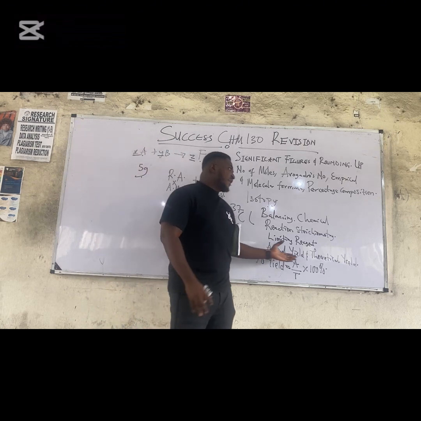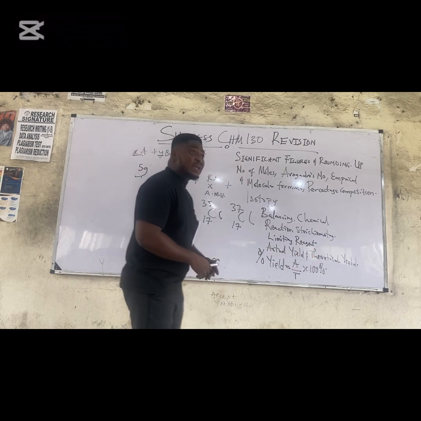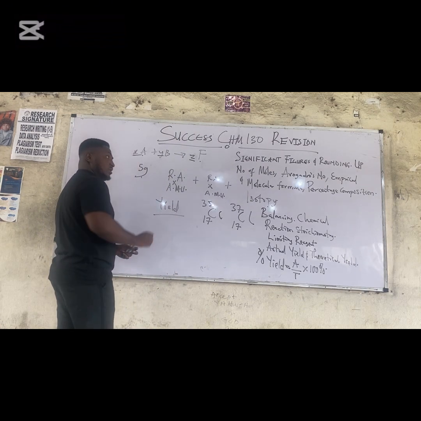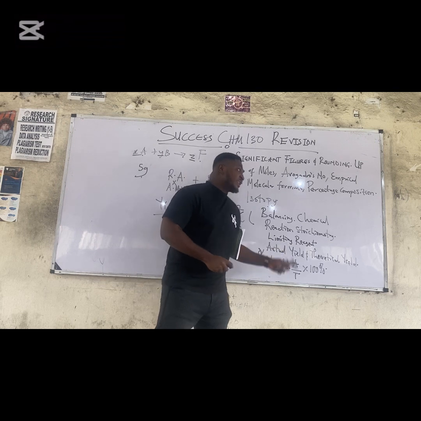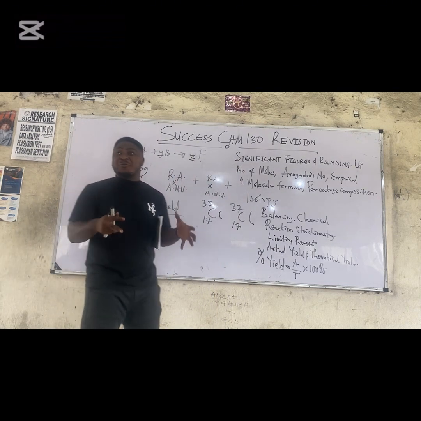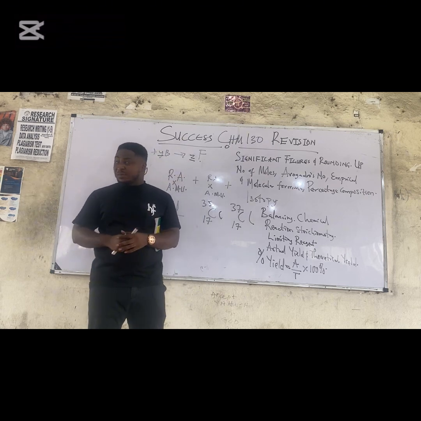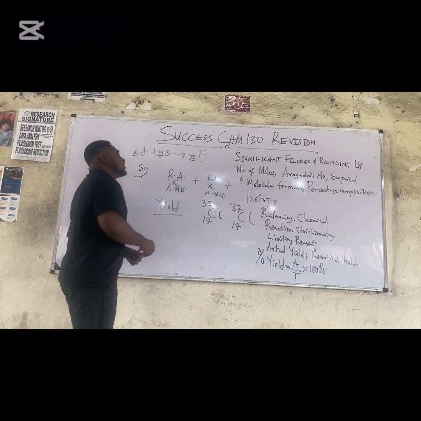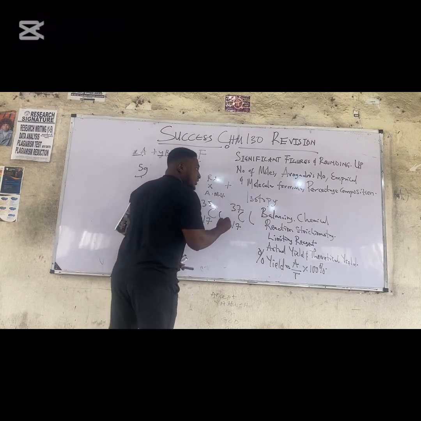Class, the actual yield of a chemical reaction and theoretical yield all stem from the word called yield. Every reaction has what we call yield. To understand actual and theoretical yield, you must first understand yield. The yield is the maximum amount of product that is obtained at the end of a chemical reaction. When A and B react to give F, the maximum amount of F formed, the product,